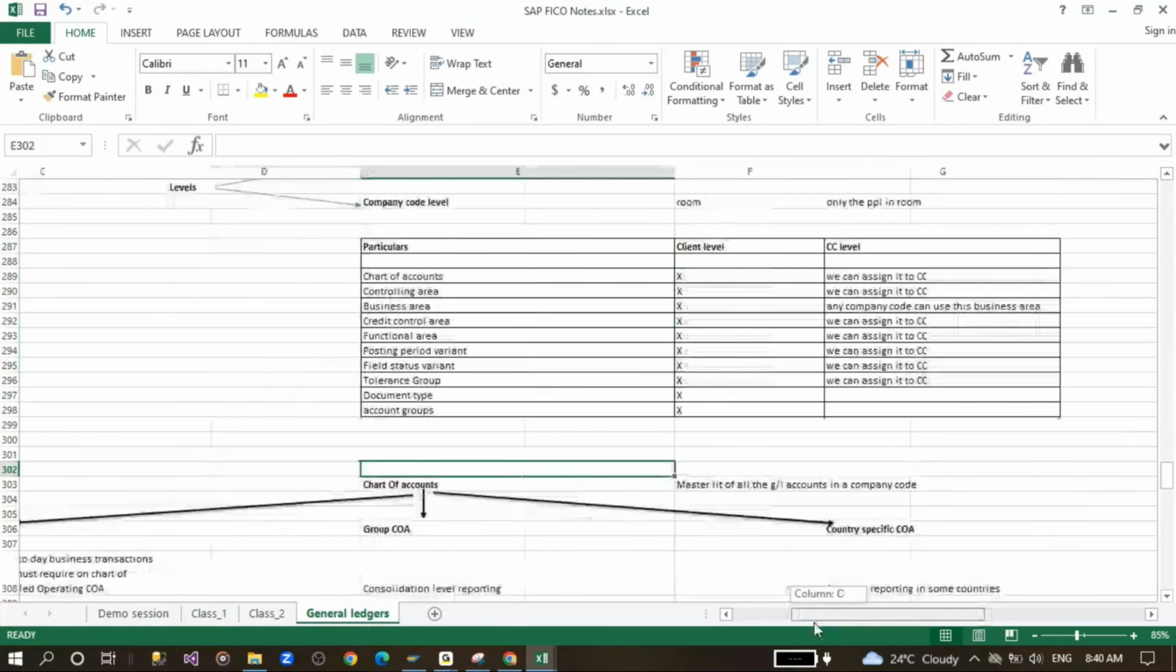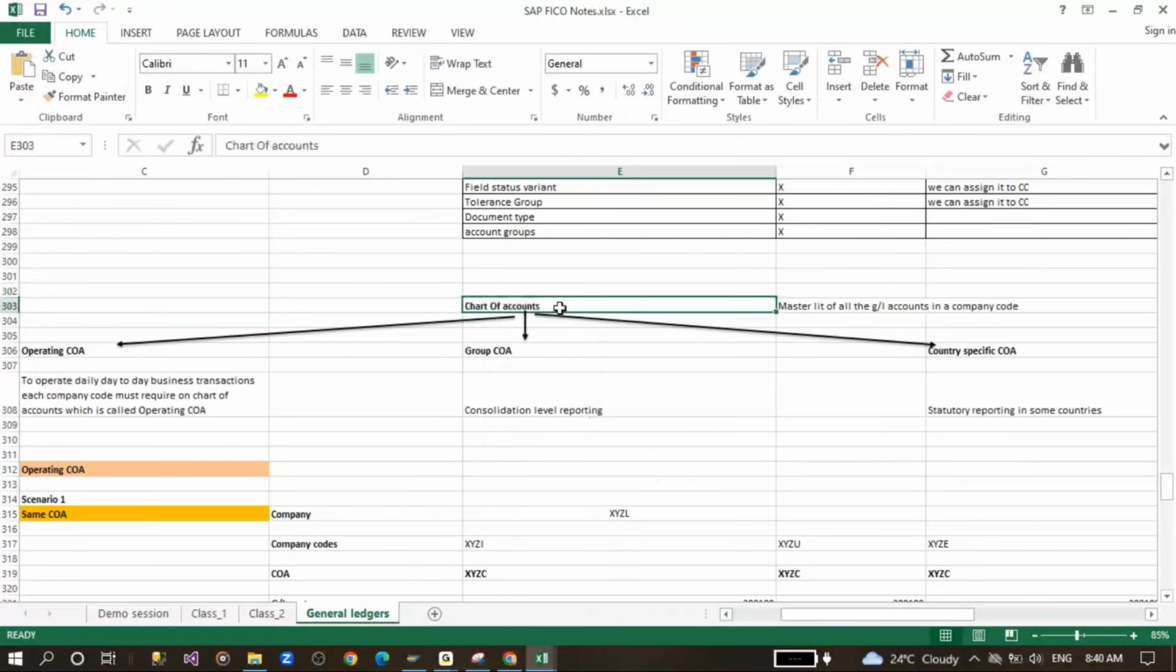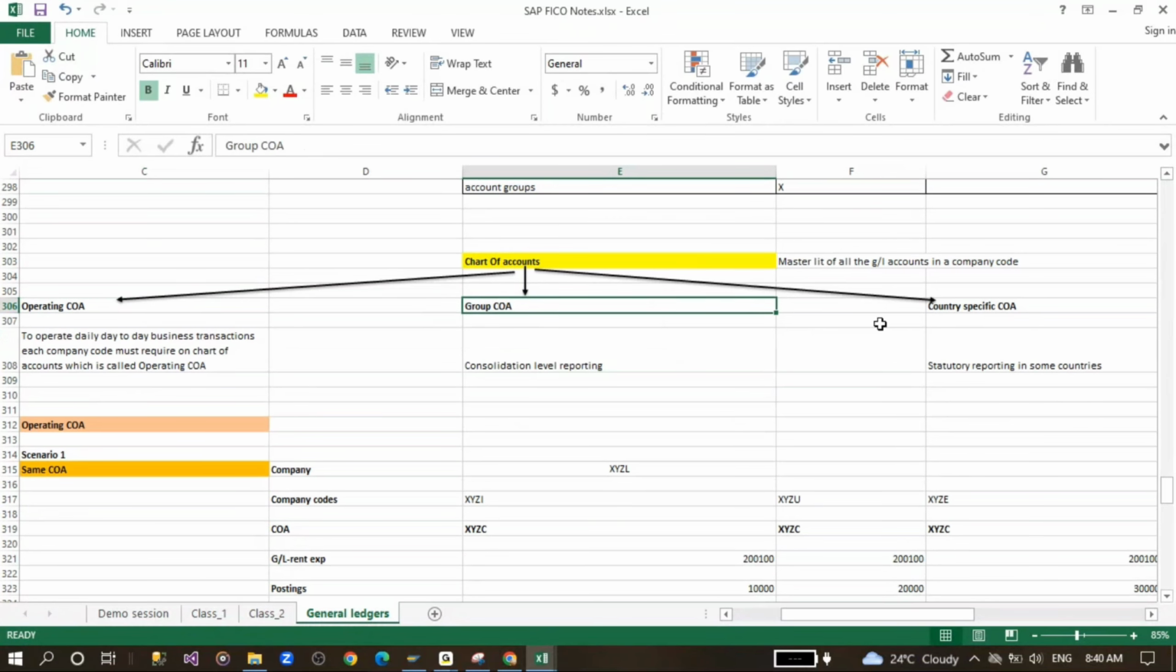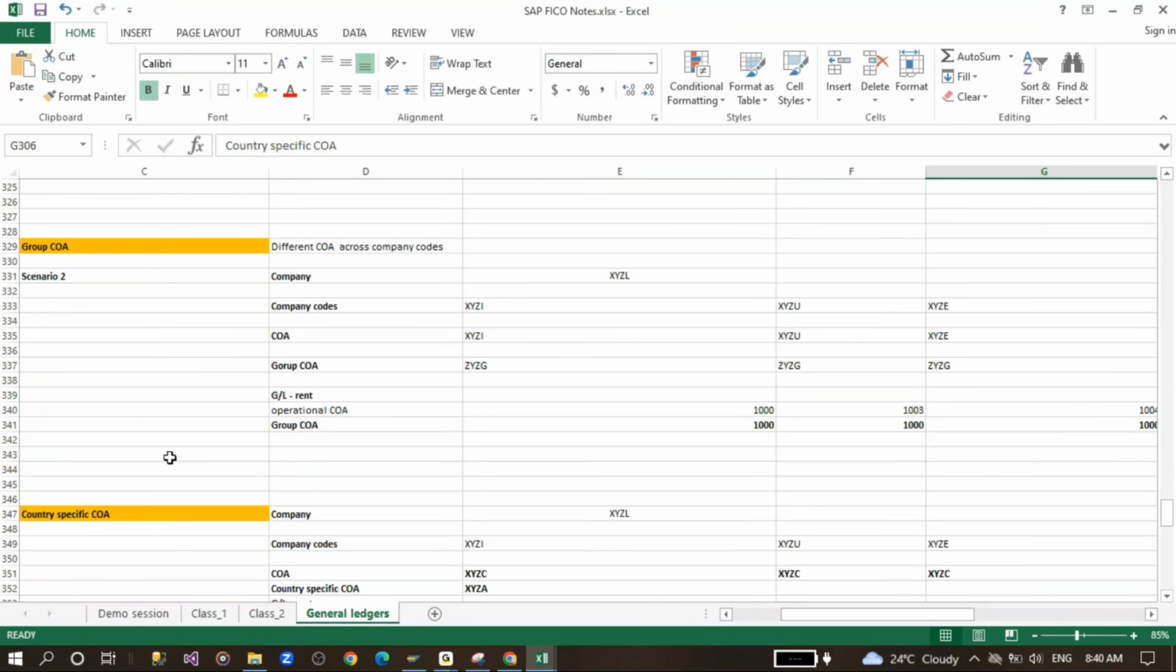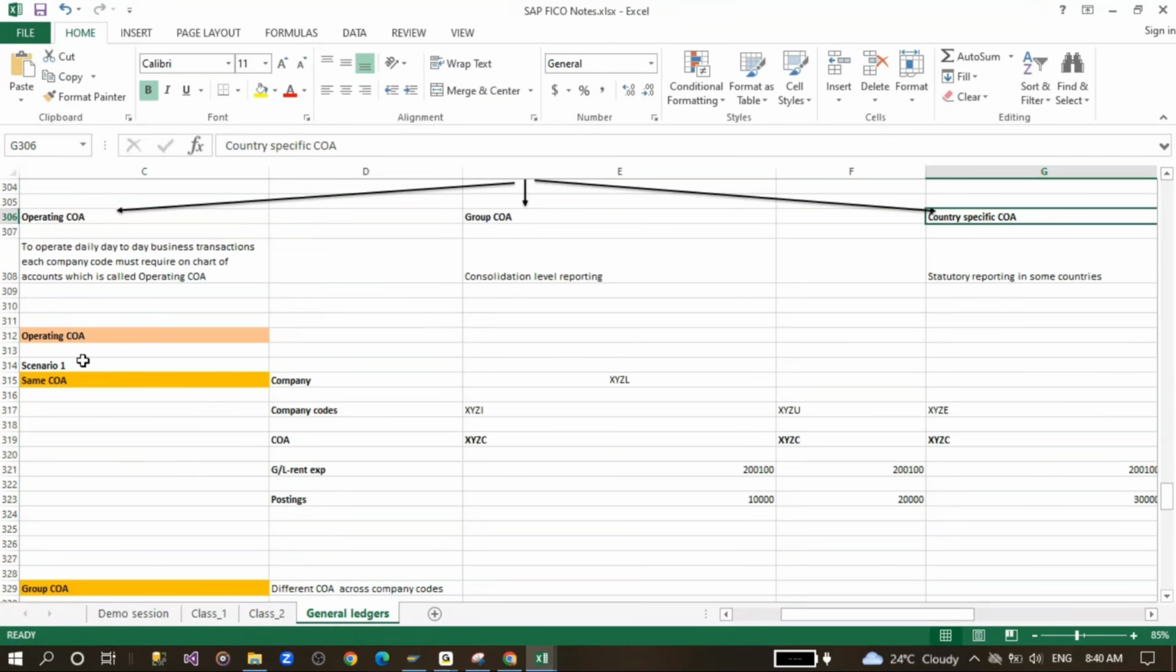So after that, we have discussed what a chart of accounts is, and how many types of chart of accounts there are. We have operational, group, and country-specific charts of accounts. We have taken three scenarios. One scenario is applicable for the operational chart of accounts,